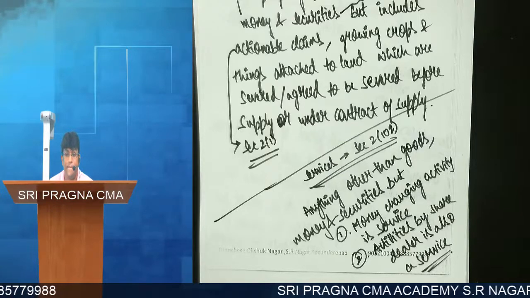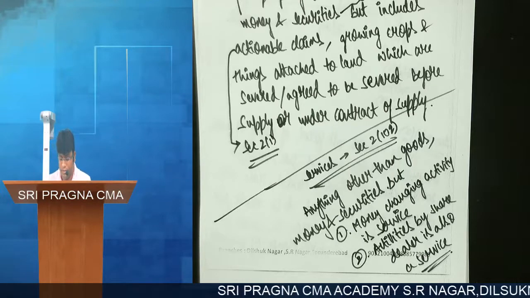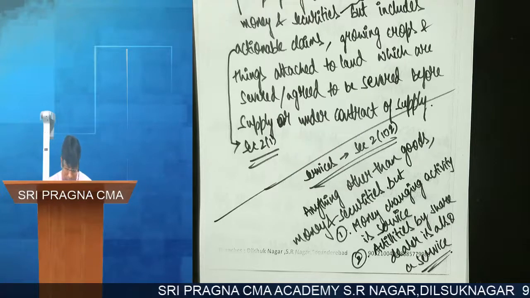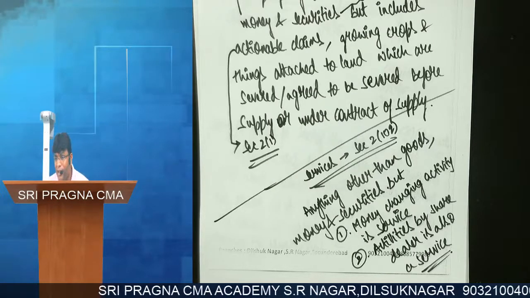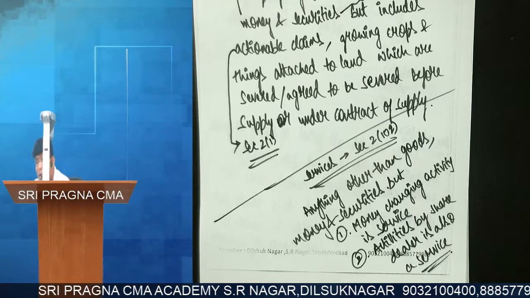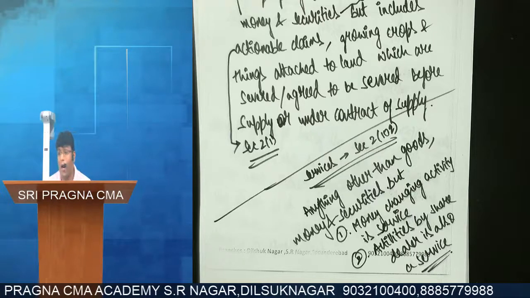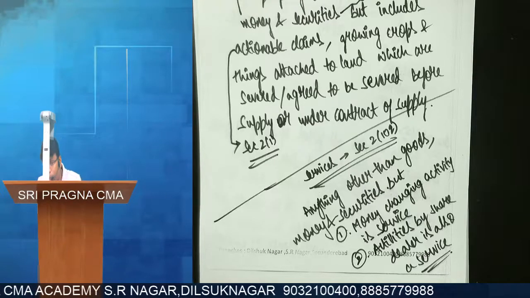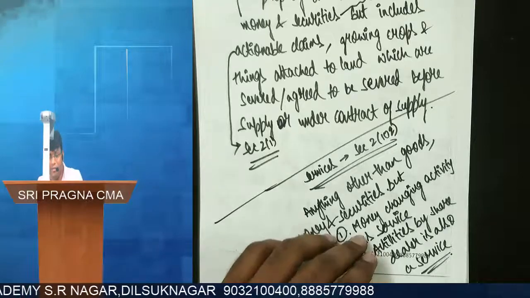Friends, what are we dealing with? Which section are we talking about? Section 7. What does section 7 talk about? Supply. We are talking about section 7(1)(a), which talks about supply including all forms of supply of goods or services or both. We have discussed what is goods, we have discussed what is service. Supply includes all forms of supply of goods or services or both, such as,